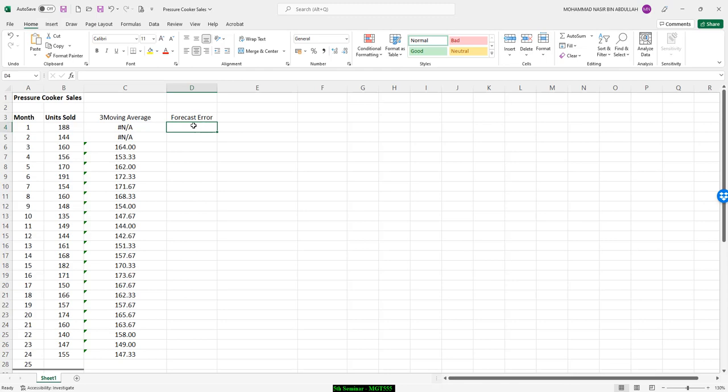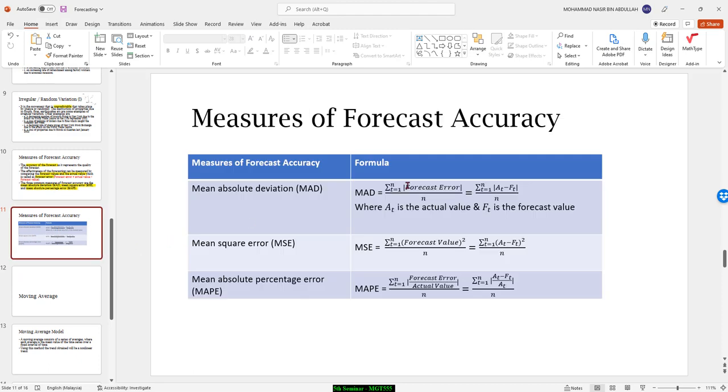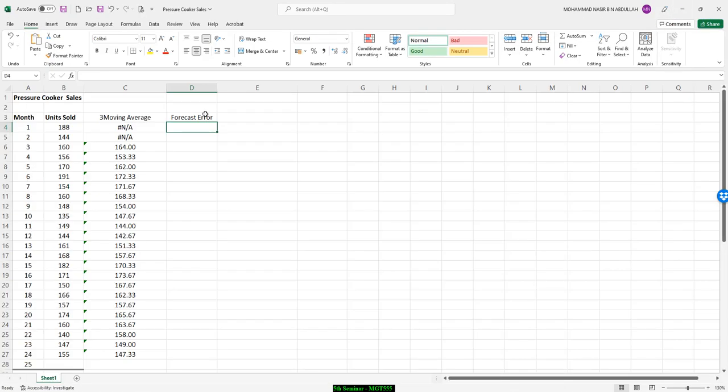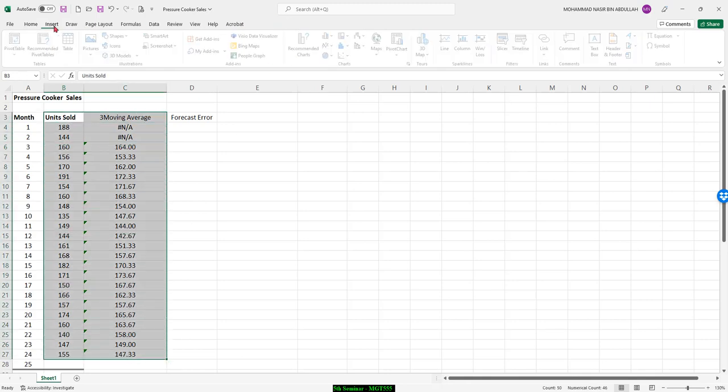Right? Forecast error. Forecast error maksudnya apa? Boleh tak baca balik dalam sini. Let me show you this one, right? Forecast error is the absolute of actual value minus forecast value. So this is the forecast value. This is actual value. So let's try to draw this graph dulu before we